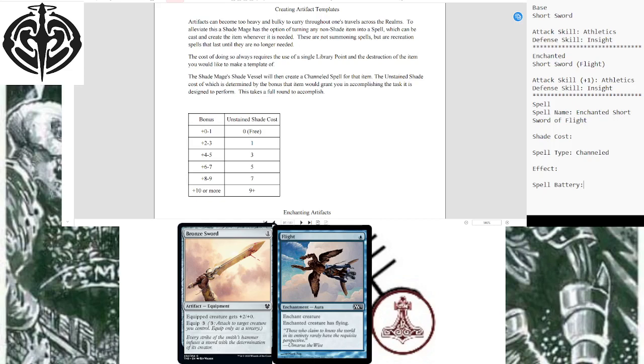You can recast this spell as long as it's recharged. You can hold two short swords, enchanted swords of flight, in your hands if you wanted to. You want to double wield it, fine. You can do that. Nothing is stopping you from doing that. So the effect obviously is going to be